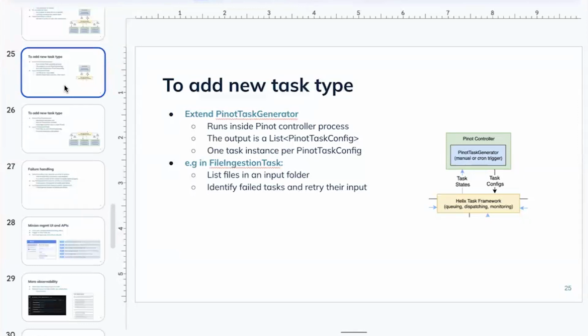Obviously it depends on how complex your task is and what it's doing. So you're saying that implementing the interfaces depends upon how complex your use case or task is, right?